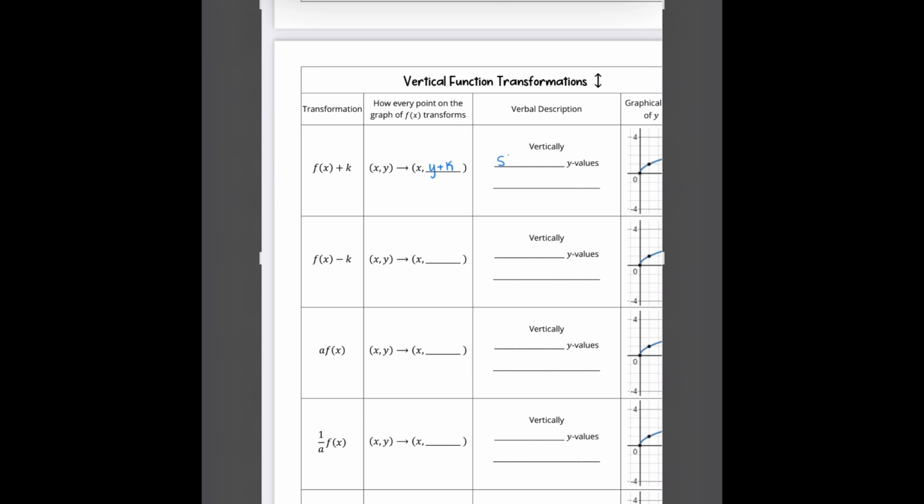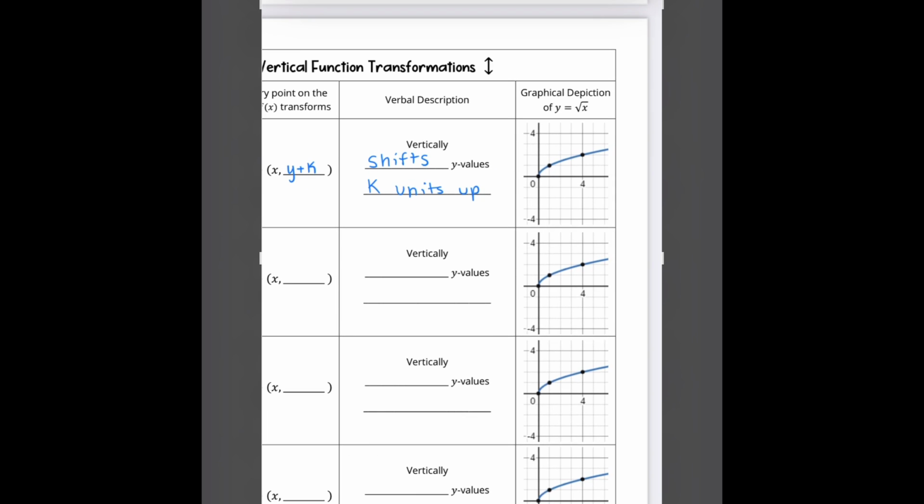So vertically shifts y values k units up. Okay. So what that means is whatever k is, it's some number. In this case, we're going to make our k value 1. We're going to shift